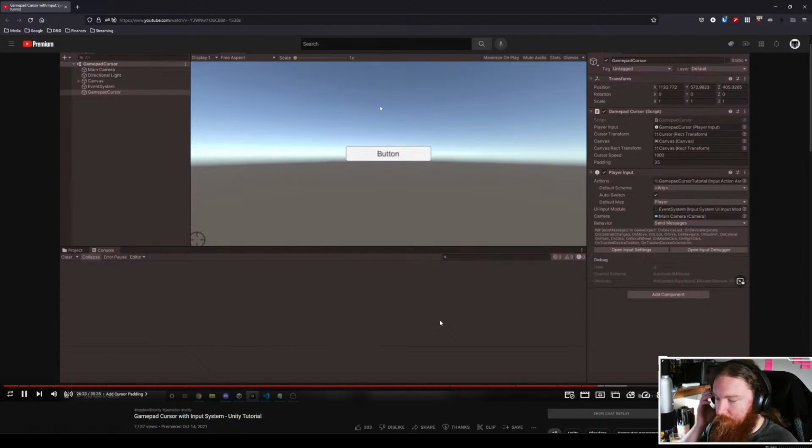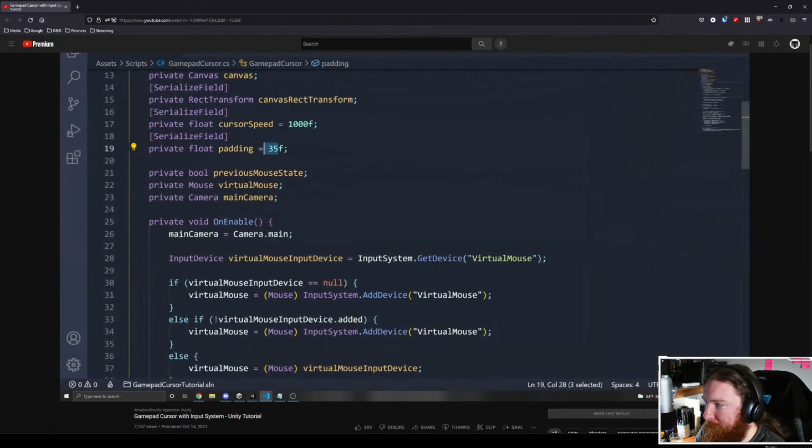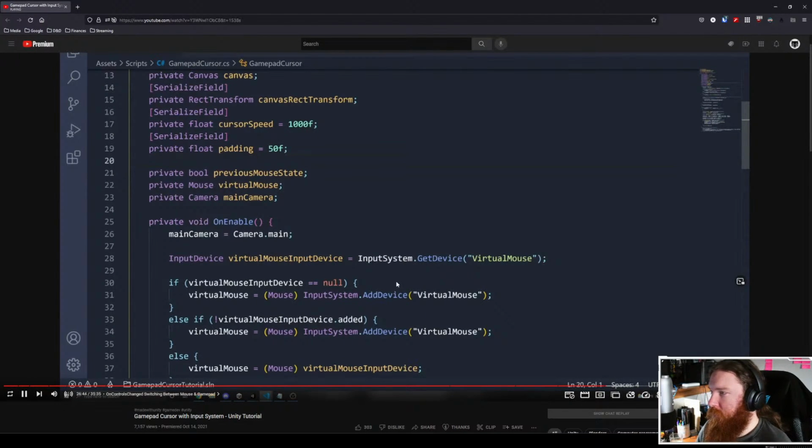Here now in the play mode, you'll see that now the padding is working properly. You might want to change it a little depending on your setup, which we can easily increase the padding here, maybe to 50, and you'll see that now it doesn't go in the corners. So I can just set that to 50 here, and I'll just change the default value. Alright, so now that we have the padding done, let's subscribe to that player input function so that we can